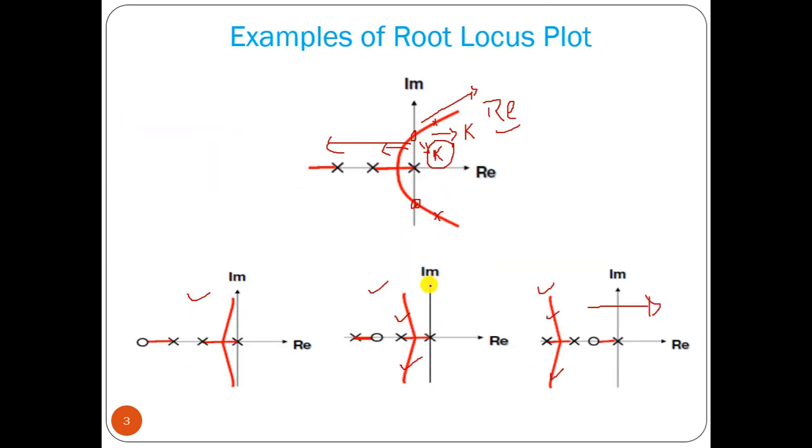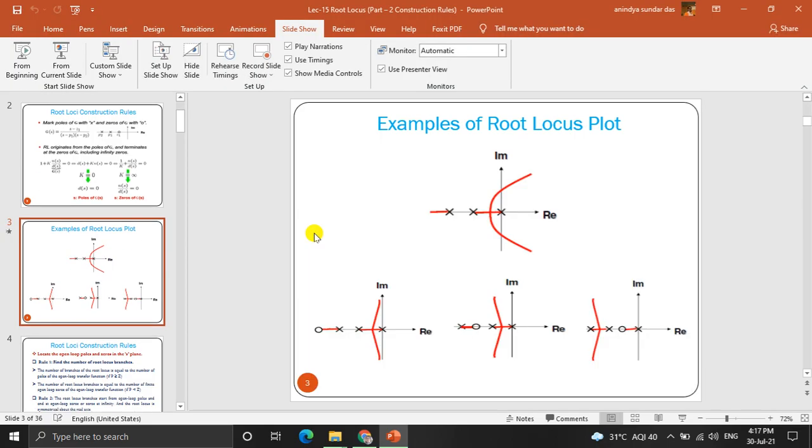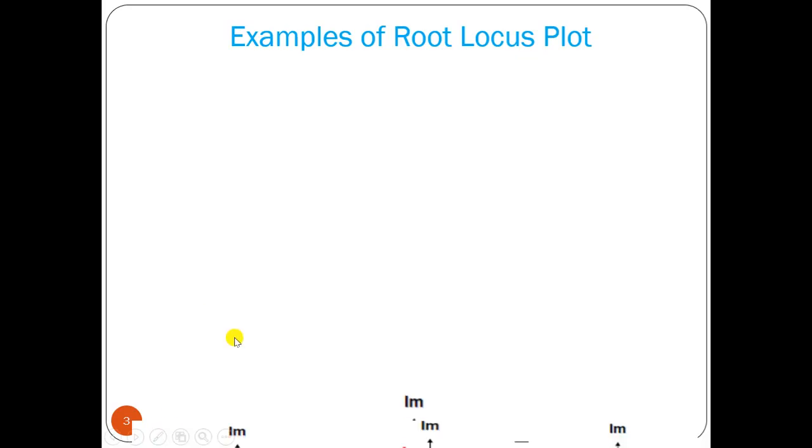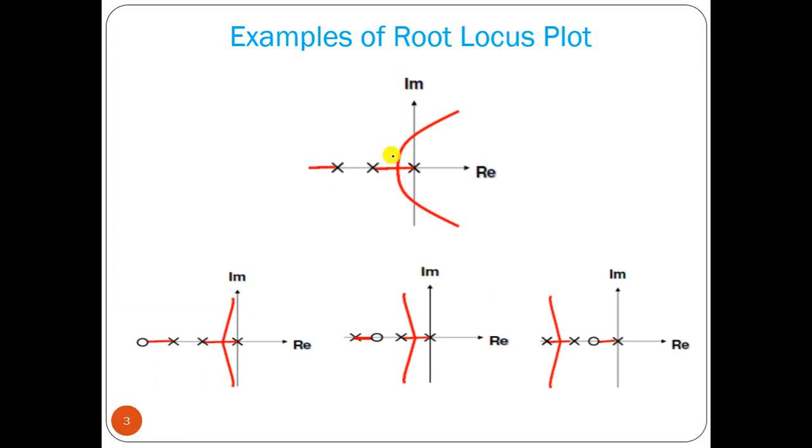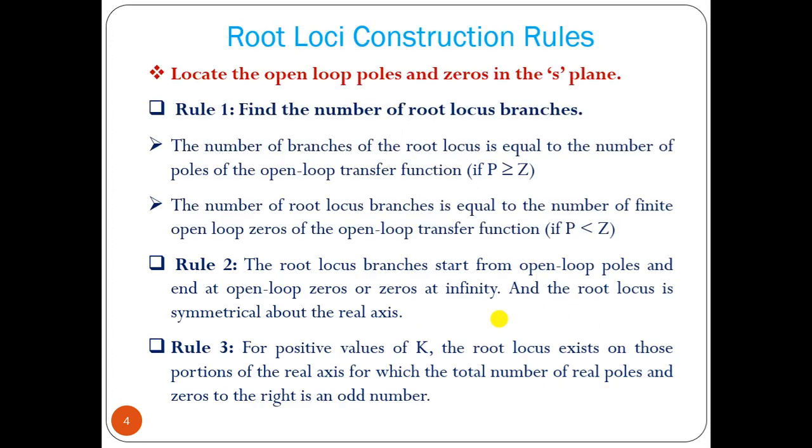Now we can see here. Let me discard these lines and let me show you what will happen here. We have three poles. So this pole comes here, breaks and goes like this, one path. This is another root locus path and this is another. So we have a total of three. Here also we have one, two, three root locus paths. So that depends on the number of poles. Here we have poles and zero, but as p is greater than z, it depends on the number of poles.